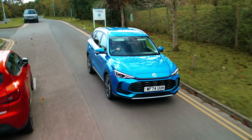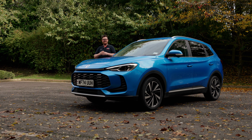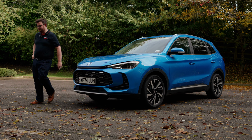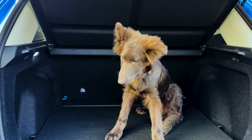It seems that MG just can't stop. The brand new MG ZS Hybrid is here, and it's going to be a winner. And we know that for sure. That's because the price of this car is absolutely incredible. At the time of filming and recording, this car starts from